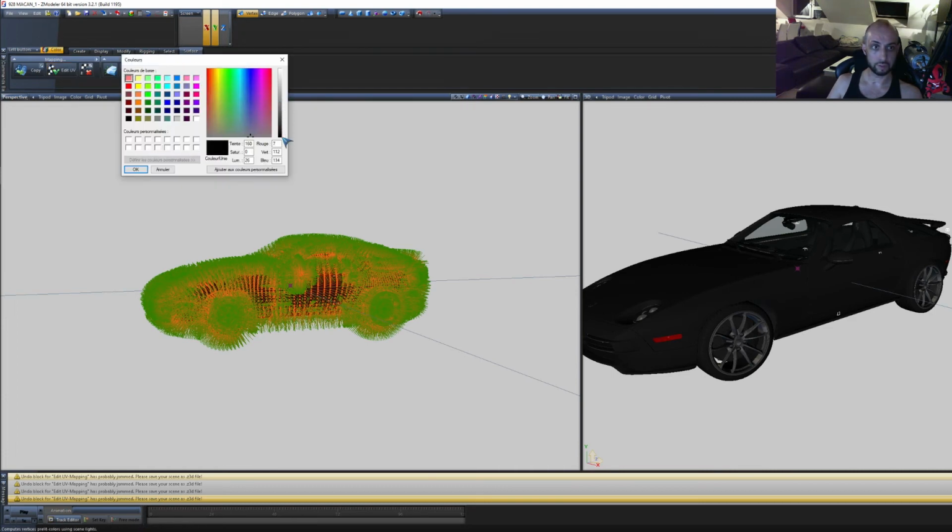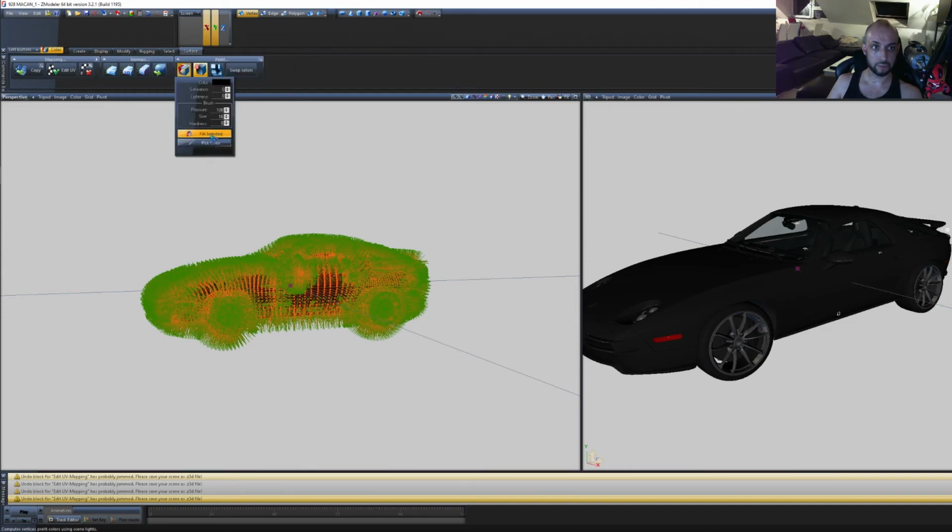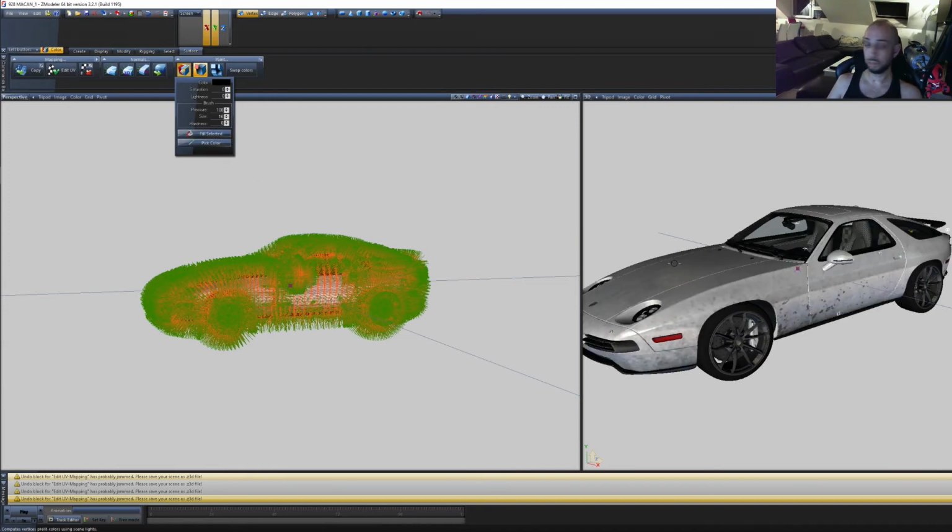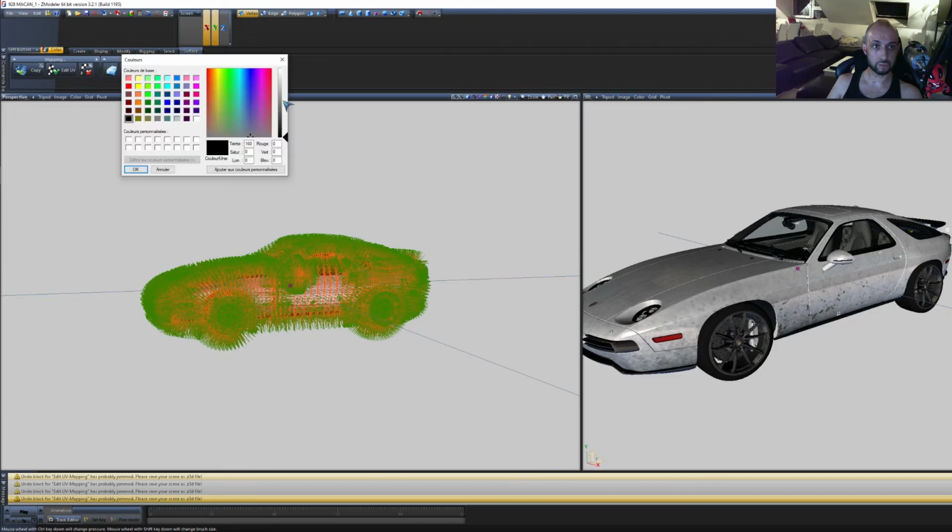You put color on black, and you just push on fill selected, and the car should be white in a second. There we go. Now we only want certain sections of the car to have burn paint, right? So now what we're gonna do is change the color to white, push OK,